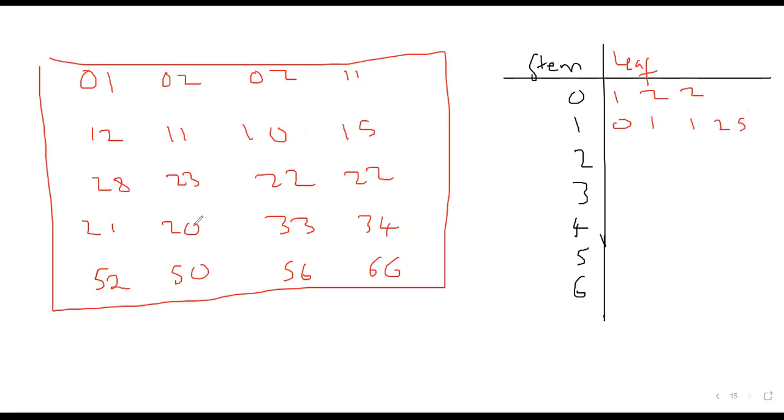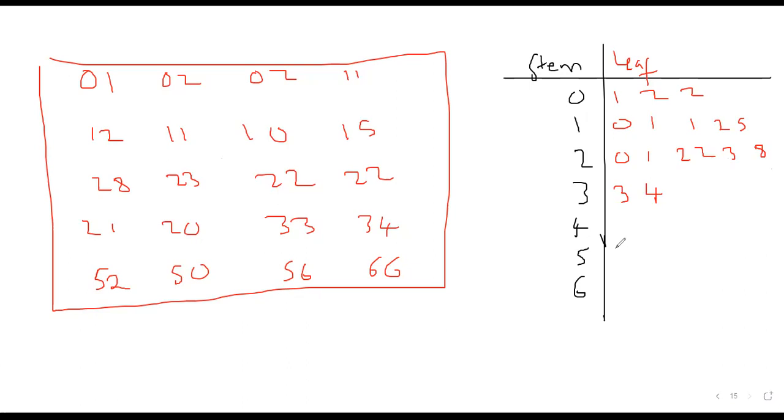15. Then for the 20s, we have 2, 0. Then 2, 1. Then 2, 2. Another 2, 2. Then 2, 3. Then 2, 8. Then the 30s: 3, 3 and 3, 4. In the 40s,